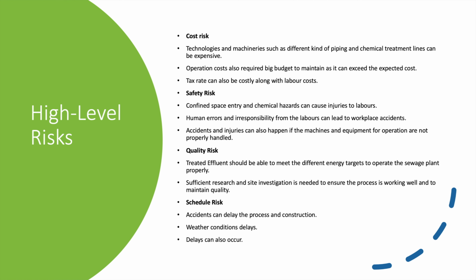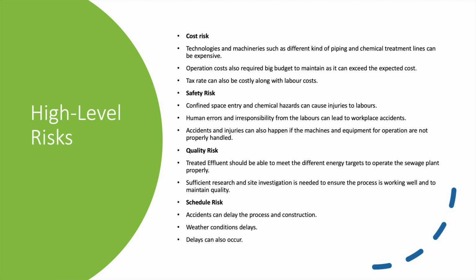And as for the safety risks, confined space entry and chemical hazards can also cause injury to laborers. Confined space entries refer to the manholes, which lead to inadequate ventilation, resulting in deficiencies of oxygen. Human errors can also lead to workplace accidents, which result from carelessness from the labor. Further accidents and injuries can also happen if the machines and equipment are not properly handled, such as sludge racks